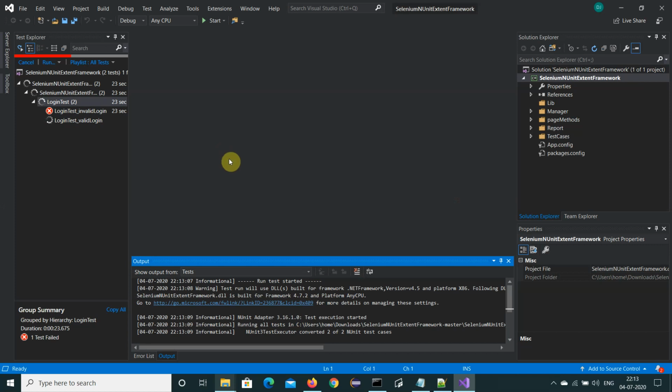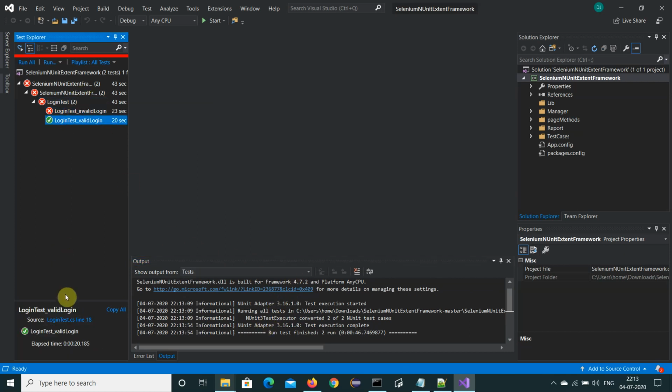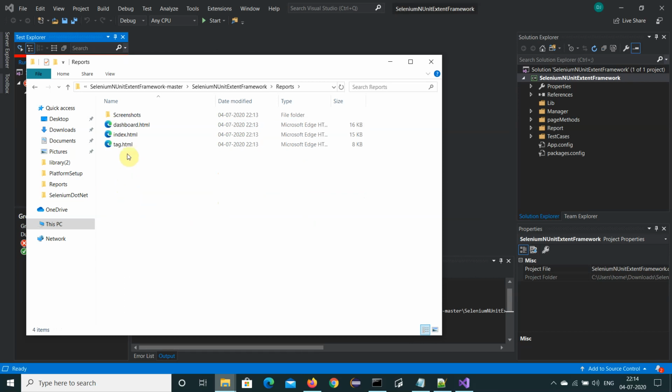Just wait for the execution to complete and the report to be generated. You can see here one test case failed and one test case passed. You can also look at the details. Now go to the folder and check the reports. In the reports folder, click on